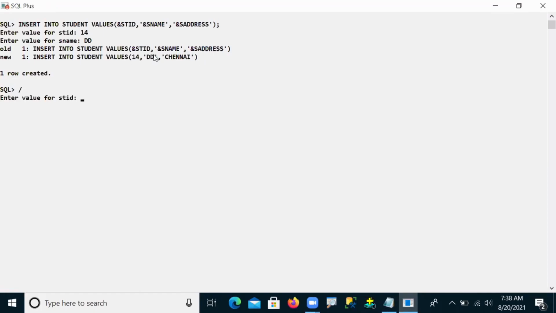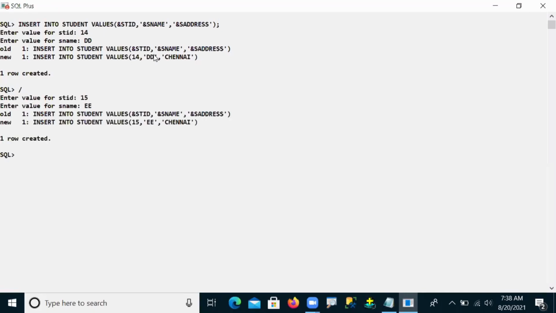Okay, now so that means still I'm not thinking. Again it took 15 and EE, and again it was accepted. Again it took Chennai, but I tried to change my address as a single ampersand percentage, but it never changed my address location. So what you understand, guys, is that the only way to change your address column data is to exit.